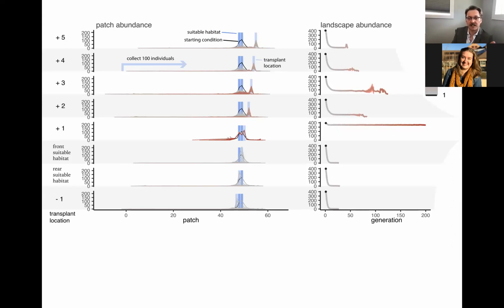And if you see at the very top, this is 5 patches ahead, and it was not effective. The black line is where they started. Then we started transplanting, and you see the population quickly just collapses out. 4 patches ahead, same. 3 patches ahead, the same. 2 patches ahead, the same. And then finally, at 1 patch ahead, you wind up getting enough of a delay so the individuals drop into